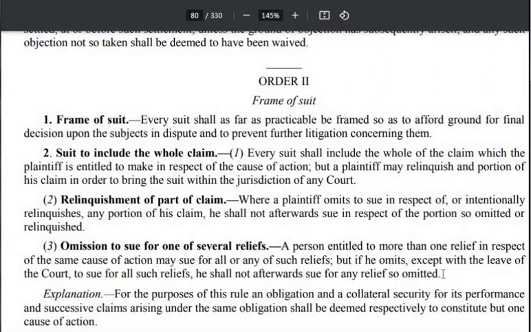ठीक, अब यहाँ पर they are talking about reliefs, पहले वाले में they are talking about claim, here they are talking about अगर एक कॉज ऑफ एक्शन पर आपके पास एक से ज्यादा रिलीफ हैं तो सारे रिलीफ का क्लेम आपको उसी सूट में करना चाहिए। अगर आपने कोई रिलीफ यहाँ पर relinquish कर दिया है और आप उस रिलीफ के लिए दोबारा सूट करोगे तो वो सूट अलाउड नहीं होगा, unless he has obtained the permission of the court। ठीक, so सब रूल 1 और 2 में they are talking about plaint and सब रूल 3 में they are talking about relief।